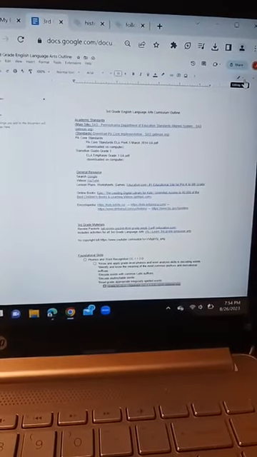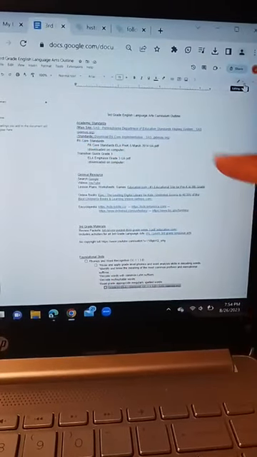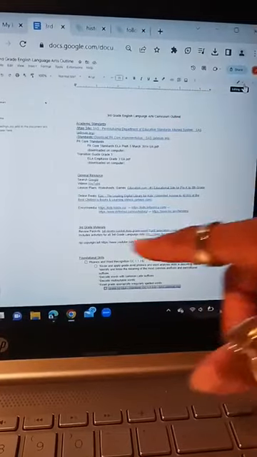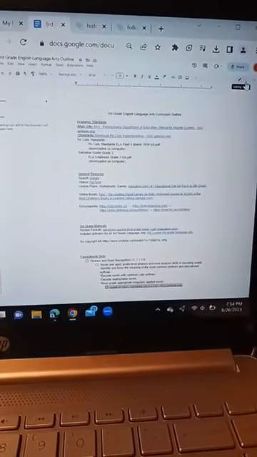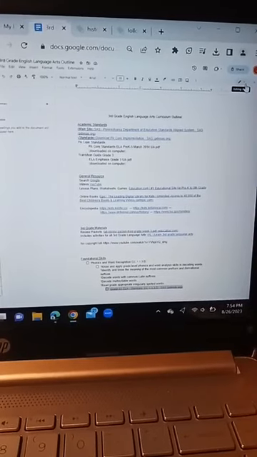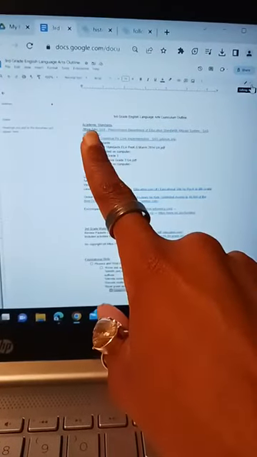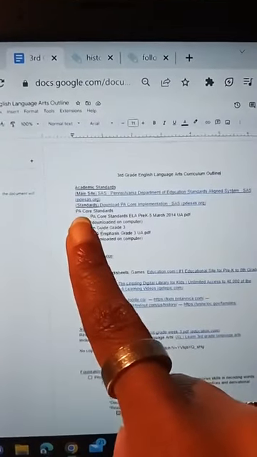So what I normally do for the curriculum is I'll start off by having, and this usually tends to get bigger over time, any resources that I just want to have as quick hyperlinks. So I'm not constantly trying to search, type everything out. I'll just save the hyperlinks. So right here, I save the academic standards for Pennsylvania,